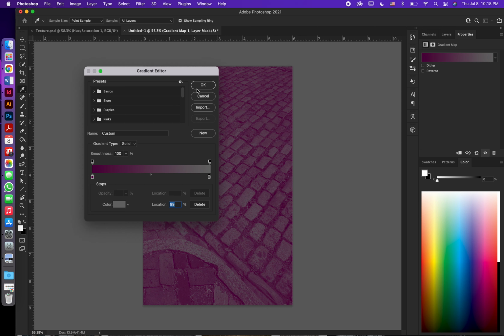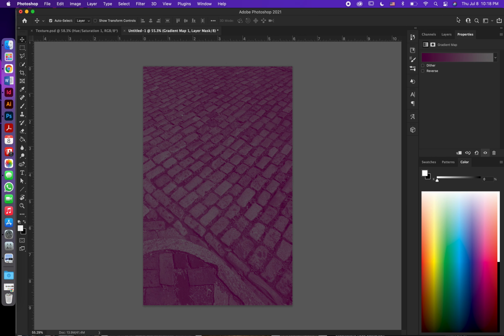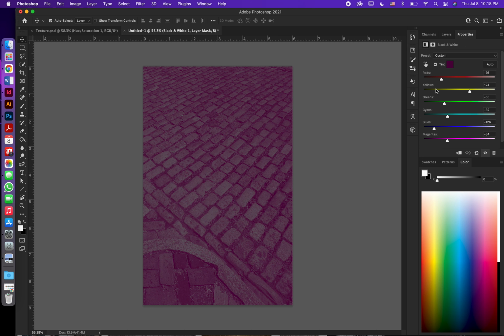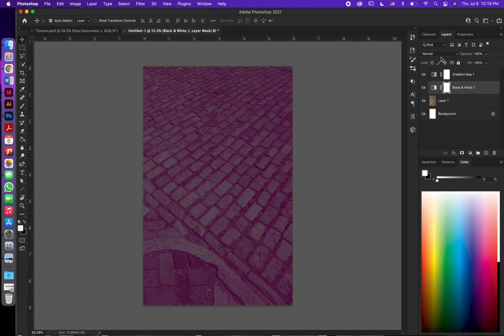And now I'm going to hit OK. That's looking pretty good to me. And I can turn this off, and now we see what it looks like. I'm actually going to go into my adjustment layer, my black and white, and just make it black and white instead of tinting it, even though that's really cool. The way that you can get back into adjusting your adjustment layer is by double-clicking on the